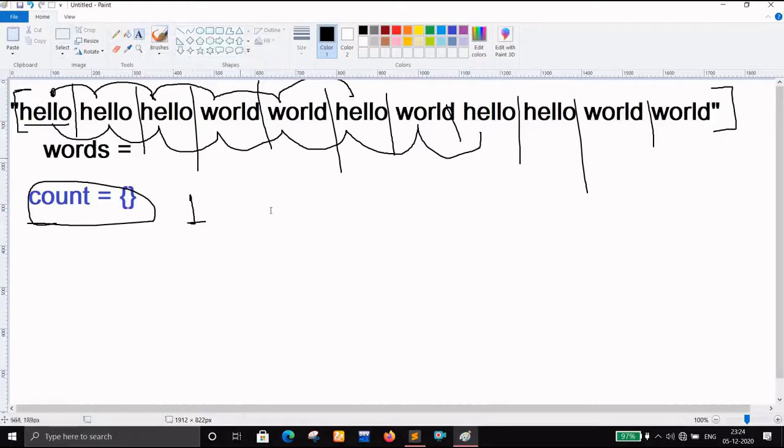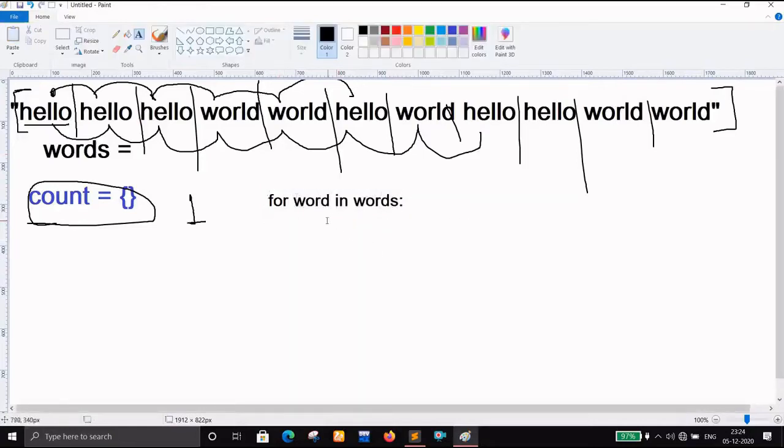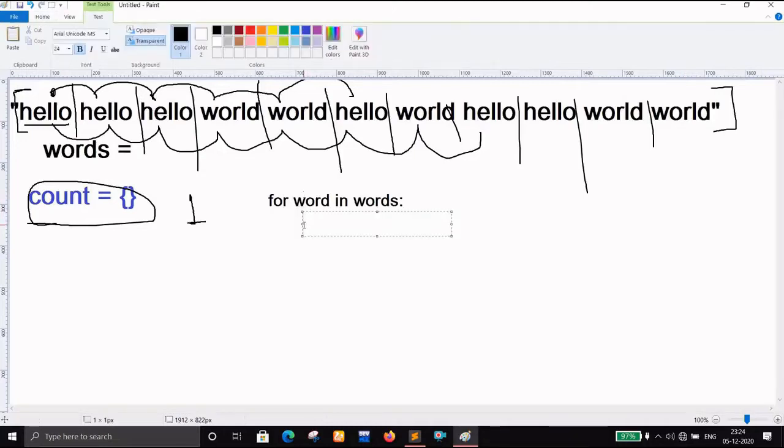So now let's take the text and write it. Let's make this a little bit smaller. Let's make it 24, yeah, 24 is good enough. For word in words. That means you will go through every element inside this list. Words is the name of the list of words, and word is the individual element. Then you will check if word not in count: